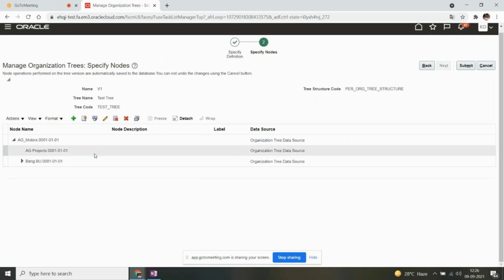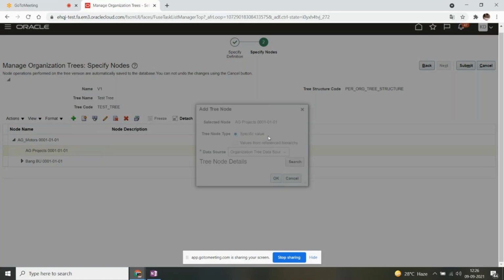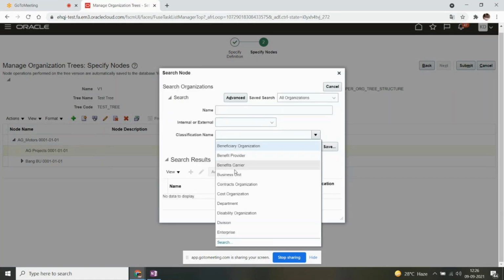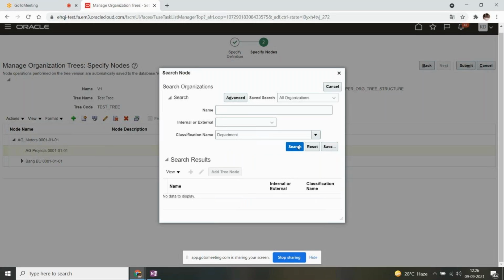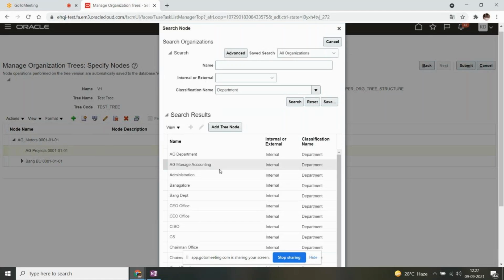And again, under the business unit you want to add departments. So highlight the business unit, click on add nodes and search. Then again I want to add departments, search. Here also I want to add this department, this department. That's it. Add tree node.